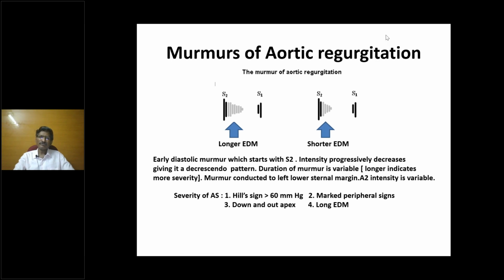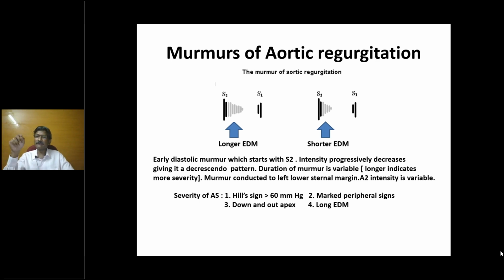I've given you the severity grading, which is the same as given in the books, but go by the pulse volume and by the presence of other peripheral signs. Chandani has raised one question: if collapsing pulse occurs in all high volume states, why is it the most important sign in AR? I am telling you it is important in AR because if you have a patient who has a high volume pulse and wide pulse pressure, but the patient does not have anemia or any features of other high output states, that explains it.